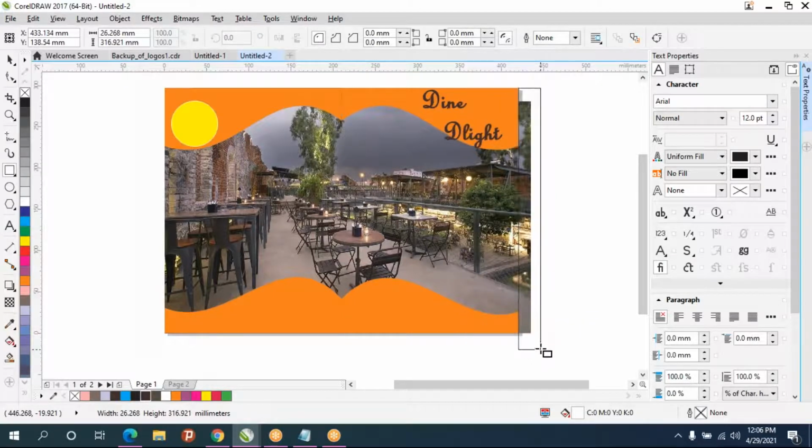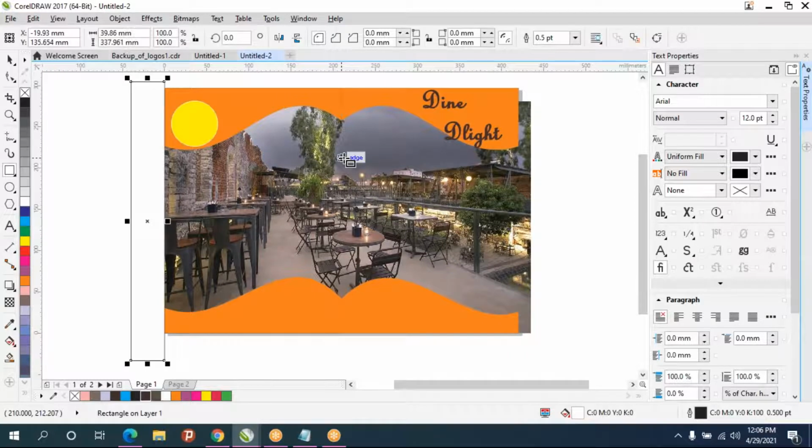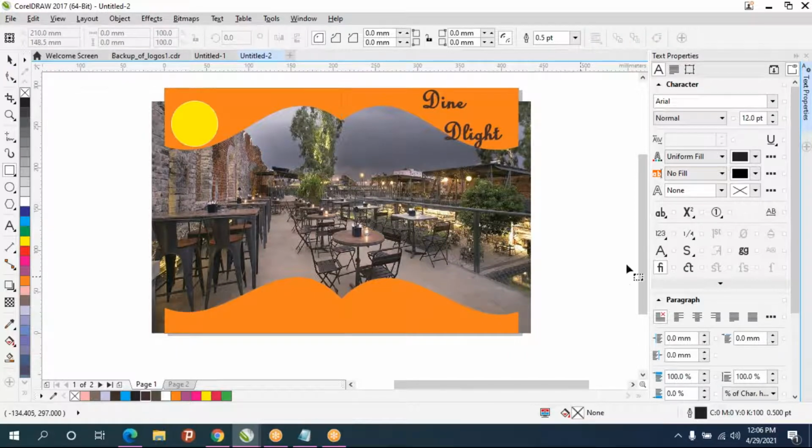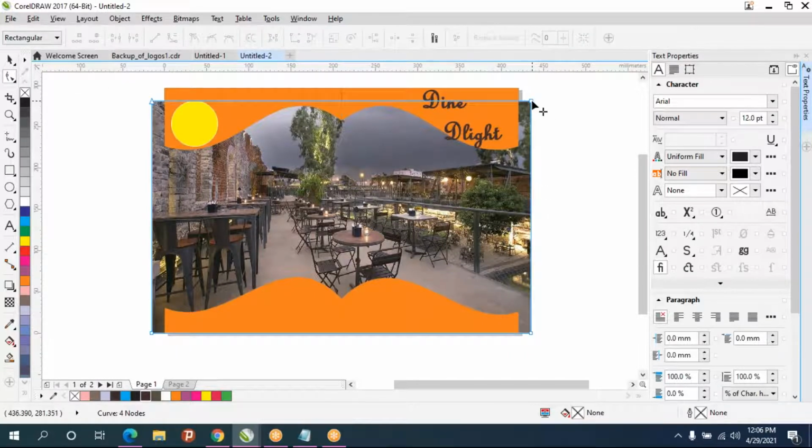How to crop image I will tell you later, or else you can crop now itself. Take shape tool and select the image, that's it, and adjust the points.